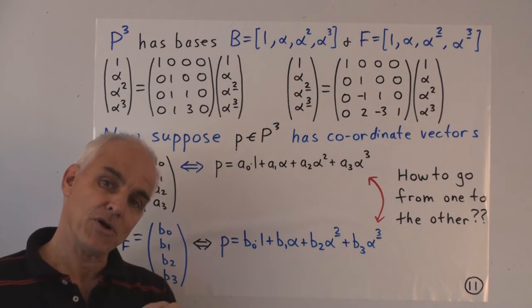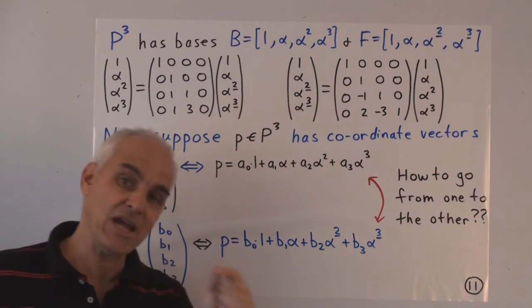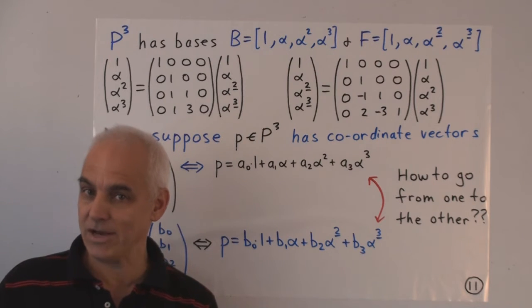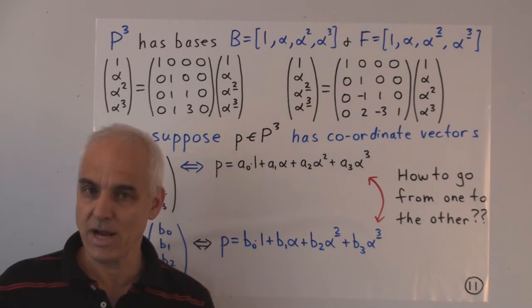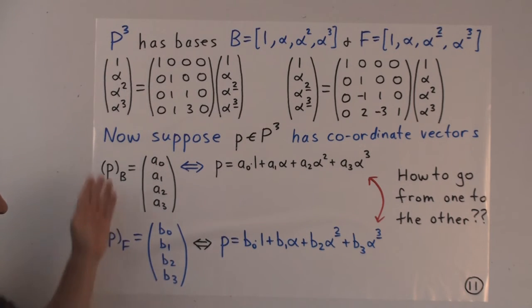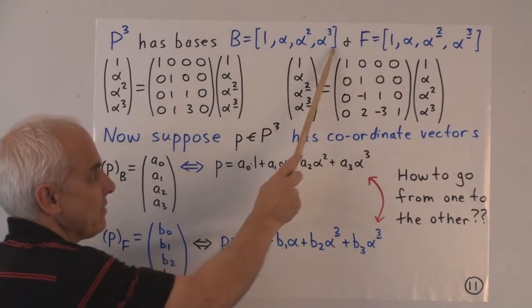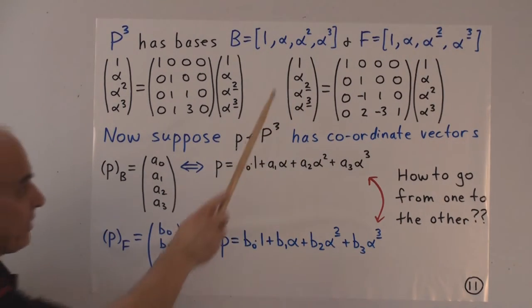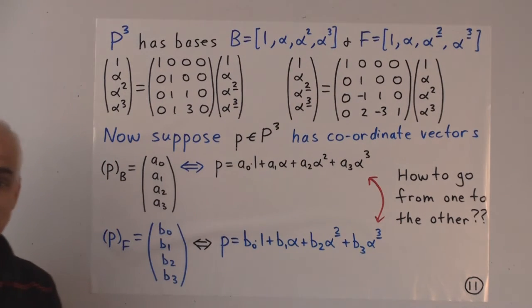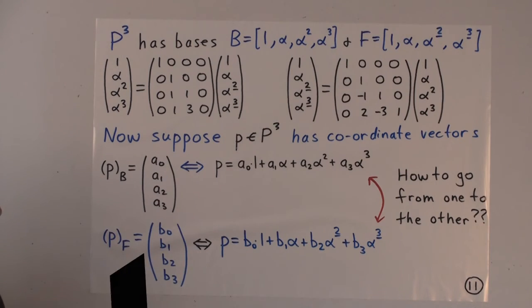And then how to go from Bob's representation of a particular vector to Rachel's representation of that same vector. It might be a good idea for you to have another look at that, because we're going to have a look at that situation now, in this situation where we have these bases of these polynomial spaces. In fact, we're very much interested in exactly the problem for these two particular bases. So how do we answer this question?